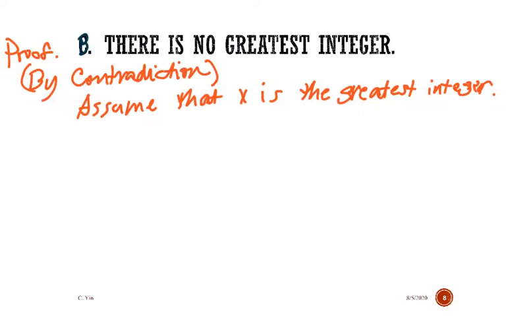Okay, so we're assuming that x is the greatest integer, so how can we contradict that? Well, if I can just find an integer that's bigger than this one, then we're good to go. Now there's plenty of ways that you can actually find an integer that's greater than x. Alright, you could multiply x times some integer, you could add an integer, so lots of ways that you could do that here. And so let me just write here that we will show